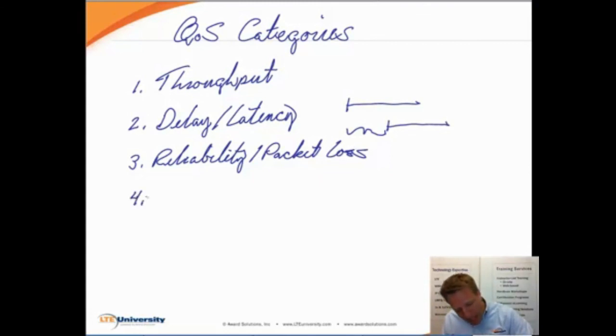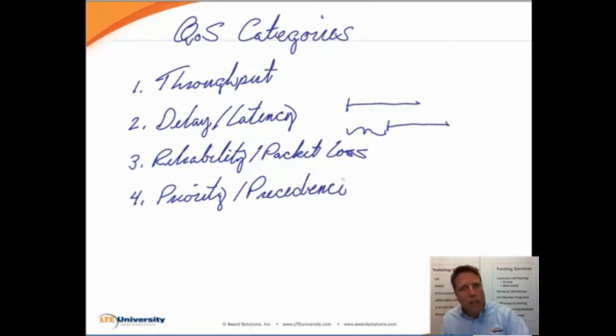And the last area has to do with priority or precedence. Okay, and this is saying that for one reason or another, one of these flows has a higher priority than another flow. So if the network ever has to decide between 2 flows, it can look at the priority indicator and make the call that way. We've got to give the network something by which they can decide when push comes to shove,